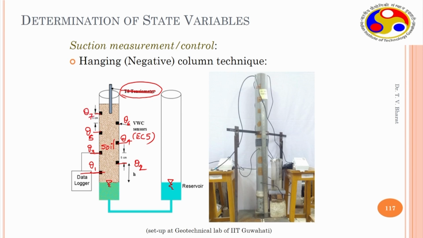So, you have around 7 sensors placed at different depth levels. In this situation, now if I want to plot the soil water characteristic curve, on the x axis I plot head and on the y axis theta. This head is negative because we are measuring above the water level. Our water head is negative above the water level.